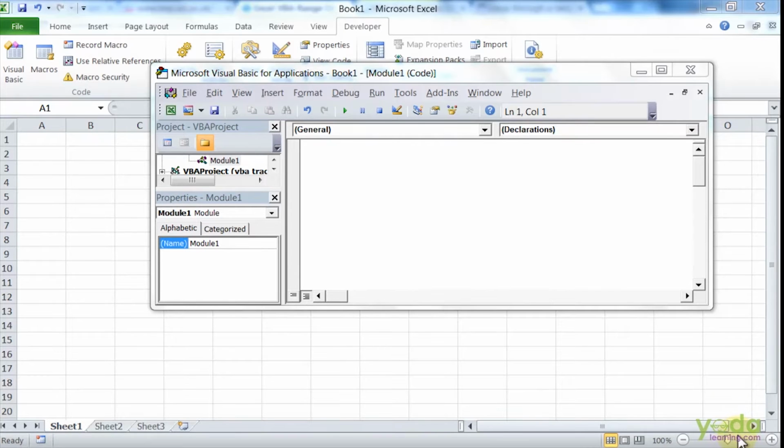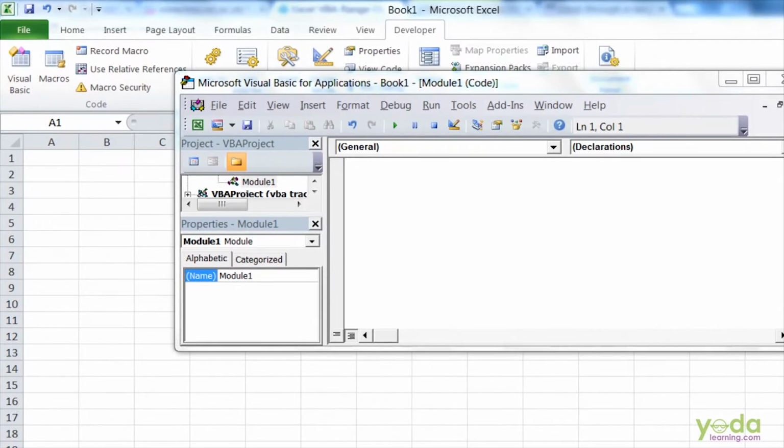Now it's time to learn how to work with the Excel objects. The first Excel object I will make you understand is the Range object. The Range object, which is the representation of a cell or cells on your worksheet, is the most important object of Excel VBA. This video will give you an overview of how to use the Range object in Excel VBA. So here are a few examples I will let you know.